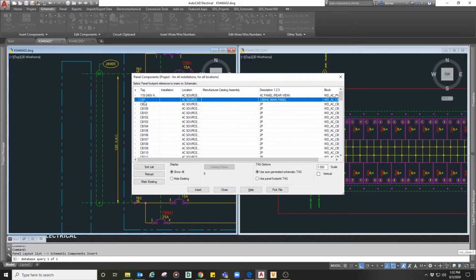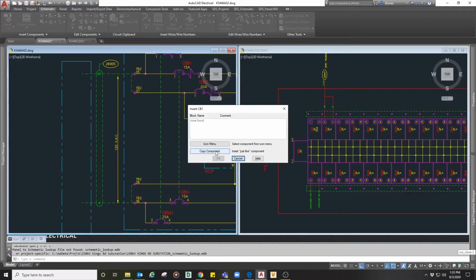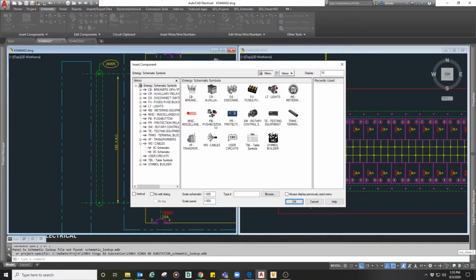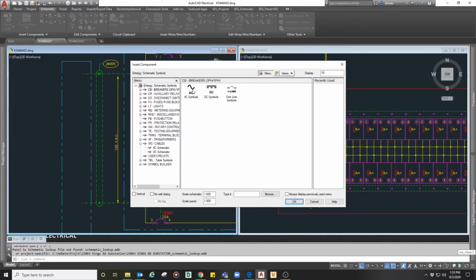I'll select CB1. I'll make sure that I use the panel footprint tag, since this entire connection diagram here is already populated with the tags. I'll draw it from there as opposed to using some auto-generated scheme based on my drawing or project properties. I'll hit Insert. Now there's no symbol to copy on this drawing, and there's also two wires here, the black and the white. So what I want to do is go to the icon menu, and through the icon menu